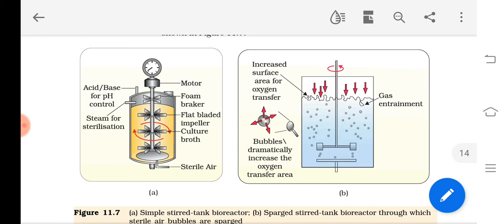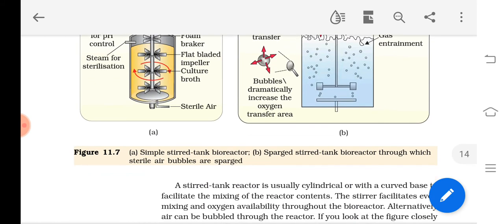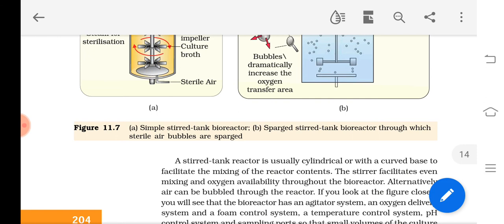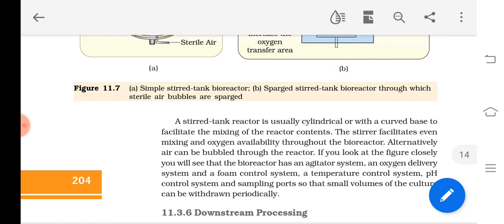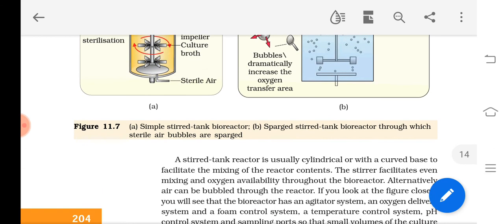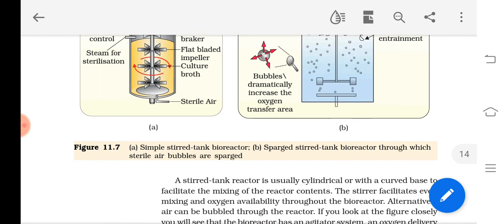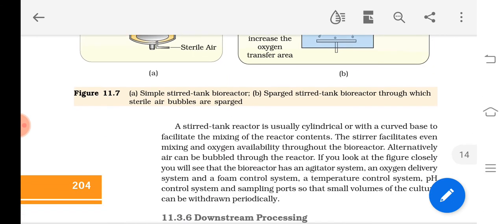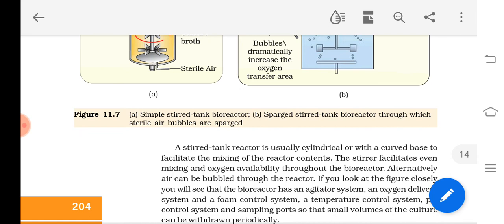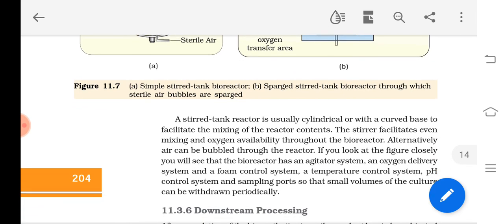Okay, so that it will allow the air to pass and the content will get mixed thoroughly, so that the oxygen availability will be uniform all over the content. Okay, and you can see that a simple stirred tank bioreactor will have a curved base, so that it supports